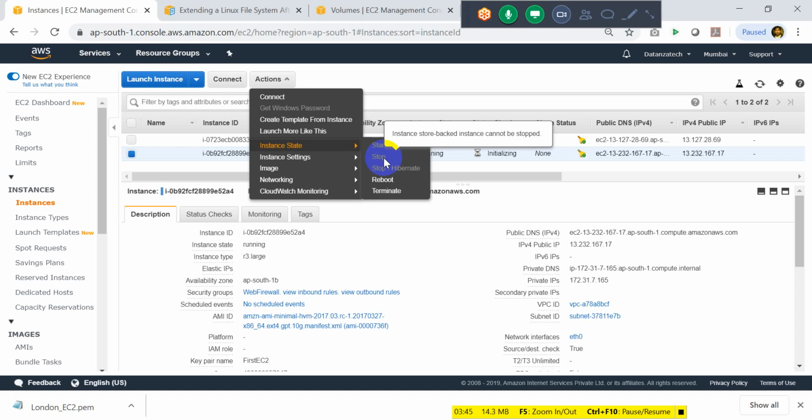Persistent storage survives reboots. This does not survive any reboots. If you restart your machine, it's gone. Everything is gone. So that's the major difference between using an instance store and using an elastic block